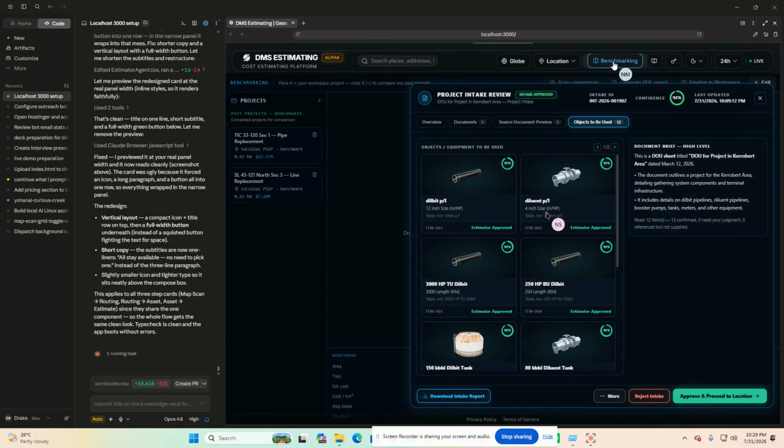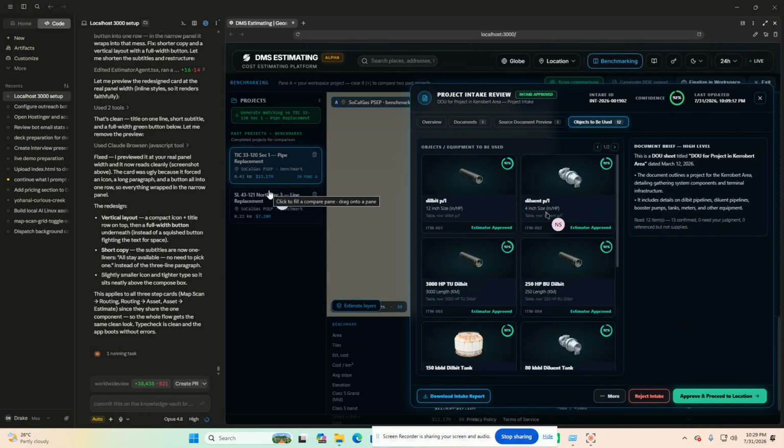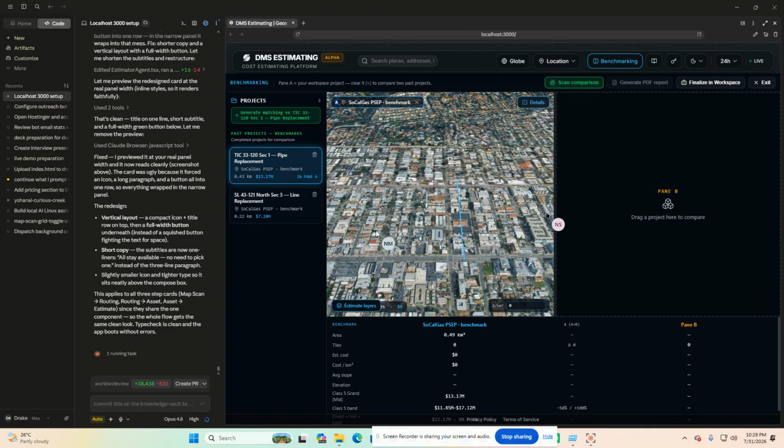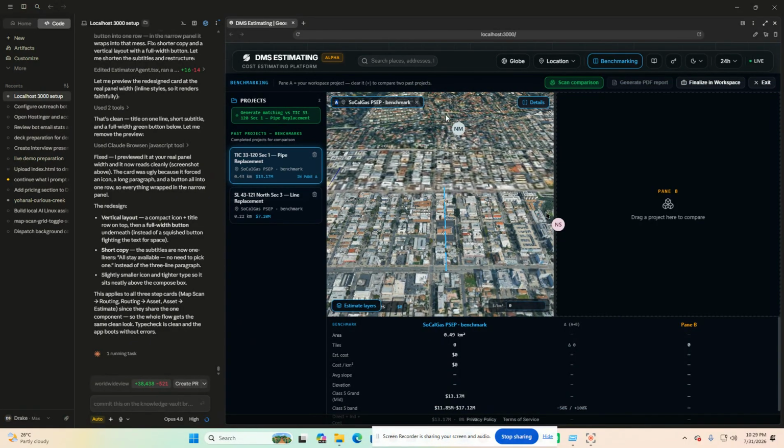For the benchmarking also, I've been doing this, for example, all the options of the new project that you've been doing right there in the agents. It will show right here, and then you can check here. For example, I got the data from the internet or from the other information that you sent to me. It will be showing right here, and then you can check the material cost, labor cost, and other costs, so you can do comparison.